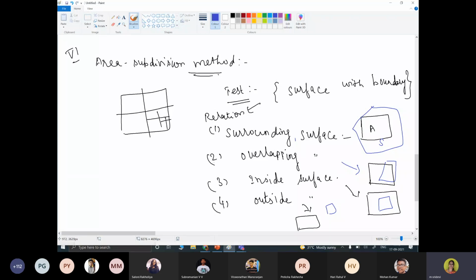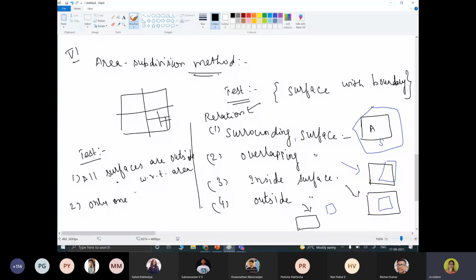So the tests are: first test, all surfaces are outside surfaces with respect to the area. Second, only one inside, overlapping or surrounding surface is in the area.